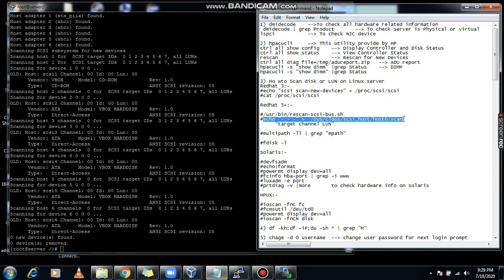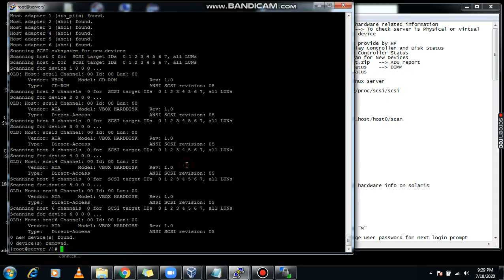In the echo command there are three parameters we use: target, channel and LUN. These three, with hyphens, mean target, channel and LUN, and this is the command you can use to scan your LUN. Using multipath -l | grep mpath, you can get the LUN ID.